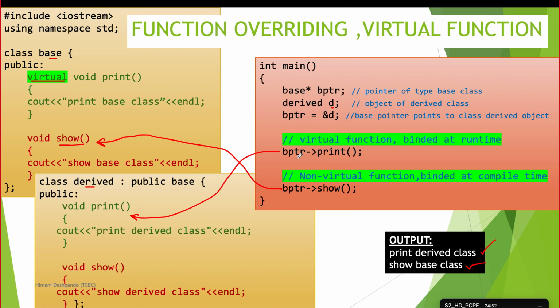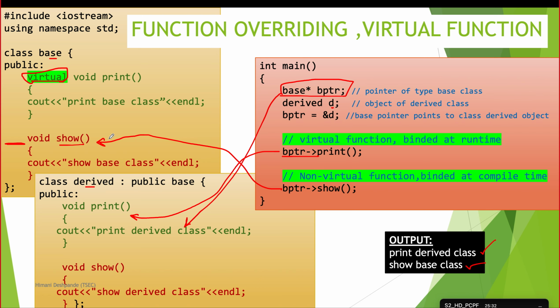So the main concept was, if we are using base class objects, base class function should be called. If we are using derived class object, derived class functions are getting called. But in this scenario, although we are using a variable which is of type base class, the derived class function is called. Why? Because the base class function was virtual. If you have made it virtual, then it is going to skip that function, and instead the derived class function will be called. If it is not virtual, that means it is a normal function. In that case, if we are using a base class pointer, base class function will only be called.